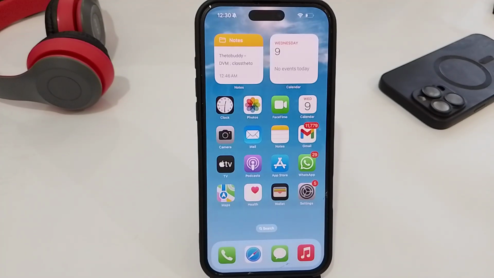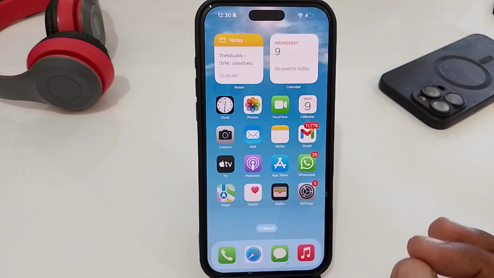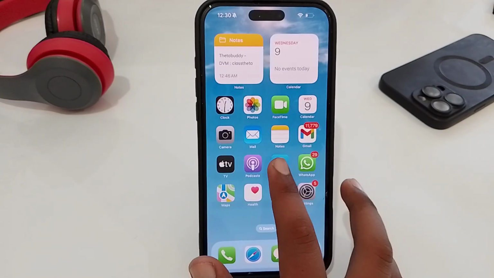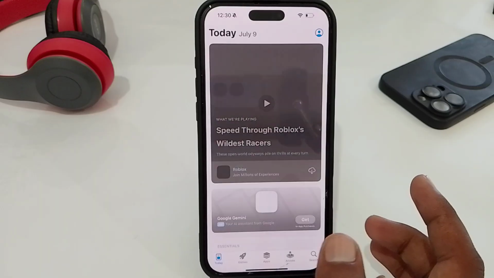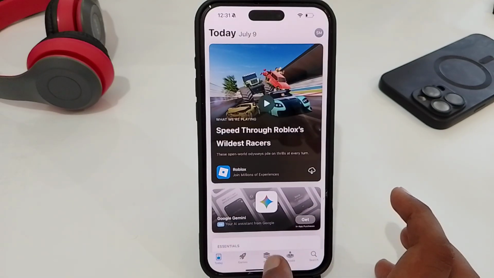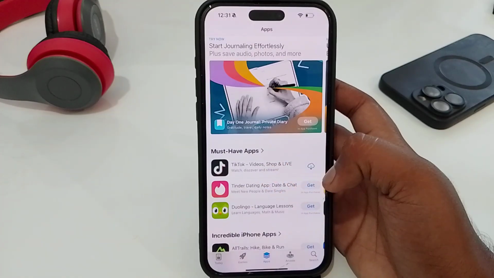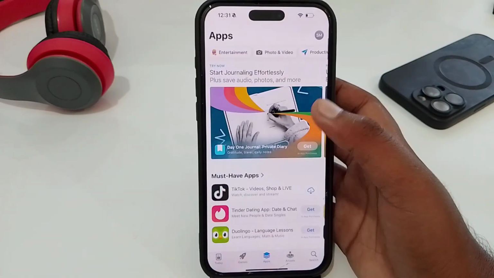So today I'm going to tell you how to add apps to CarPlay on iPhone. If you're using an iPhone and you want to add any app to CarPlay, let's see how you can do this. For this, you just have to go to the App Store and install the app which you want to add to your CarPlay. Here go to apps, select the app and tap on get,